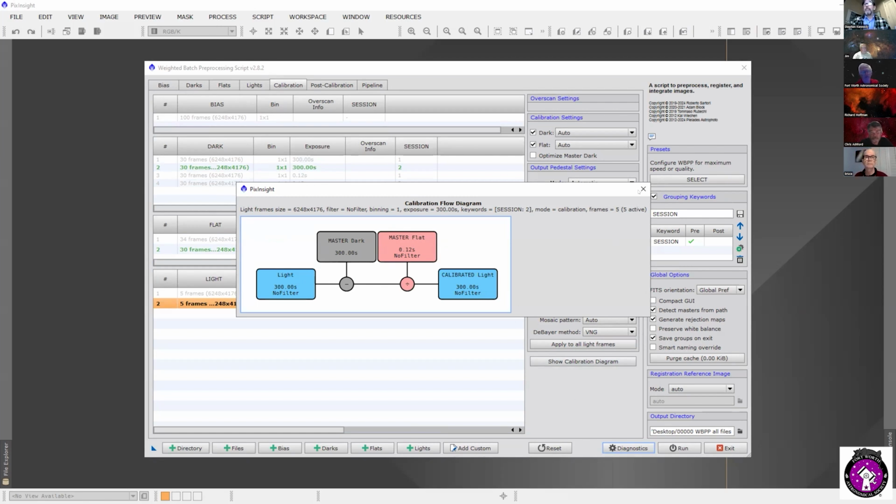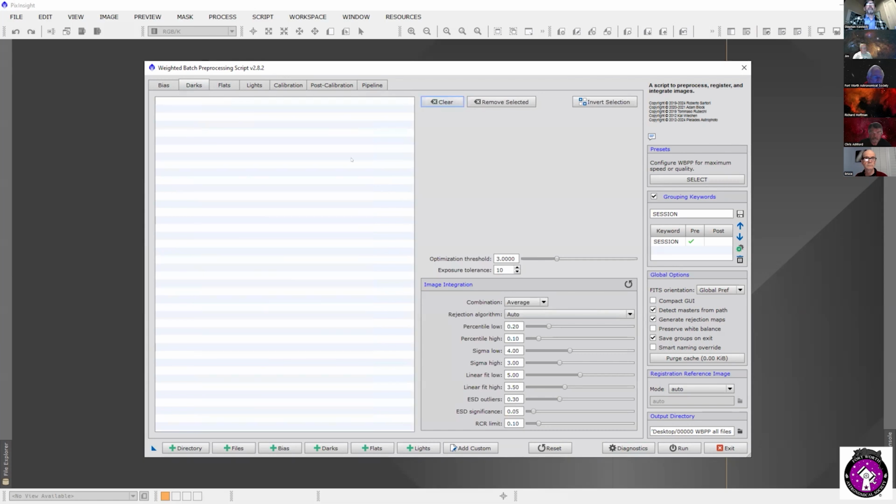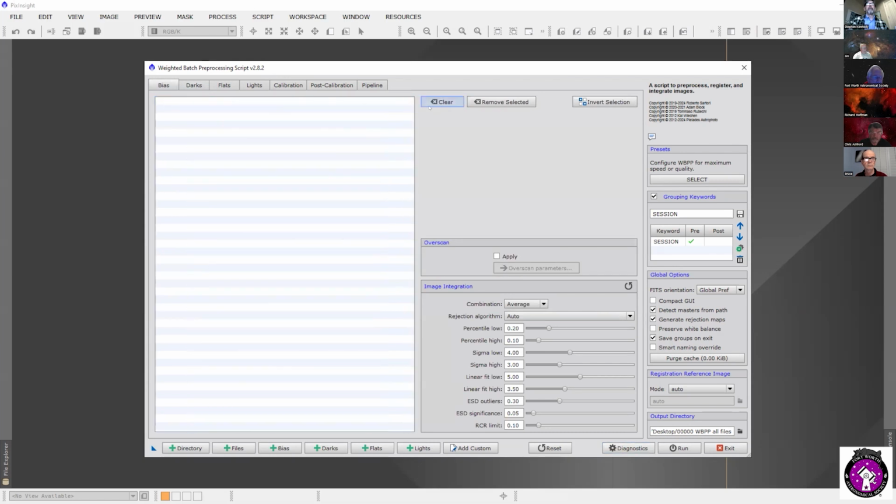Well, what's the theory for not using the bias? The bias is meant to take out the camera's electronic noise, right? So the bias frames can be used in place of the lack of a master dark that matches the light file. So, by way of example, let's get rid of my dark frames, okay? And we'll get rid of